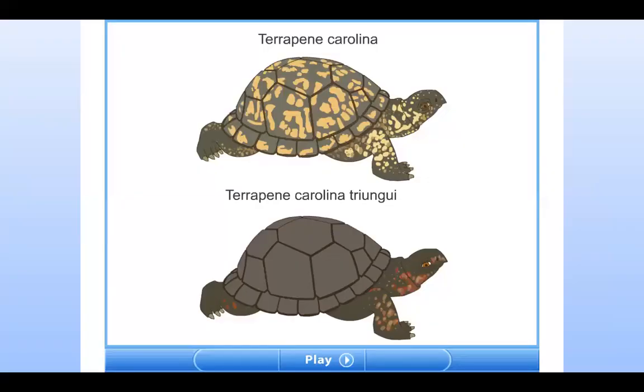So for example, we have this species of turtle called Terrapene carolina, but it has evolved into a new subspecies, Terrapene carolina triunguis. So it's slightly different. And probably as the years go by, it would take a really, really long time for this to happen, but we might need subsets of subsets. Okay,